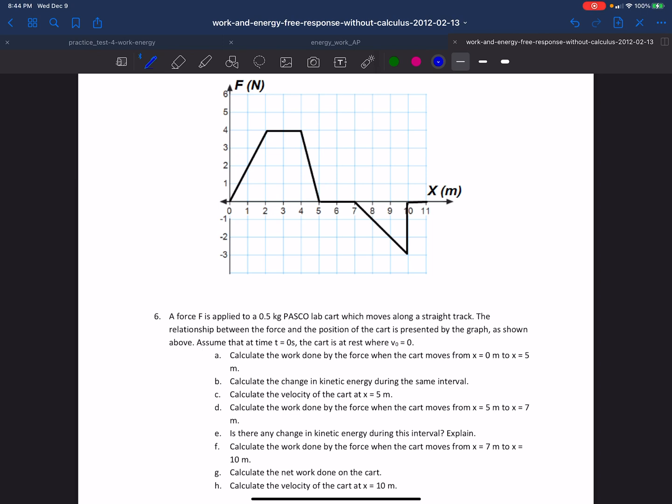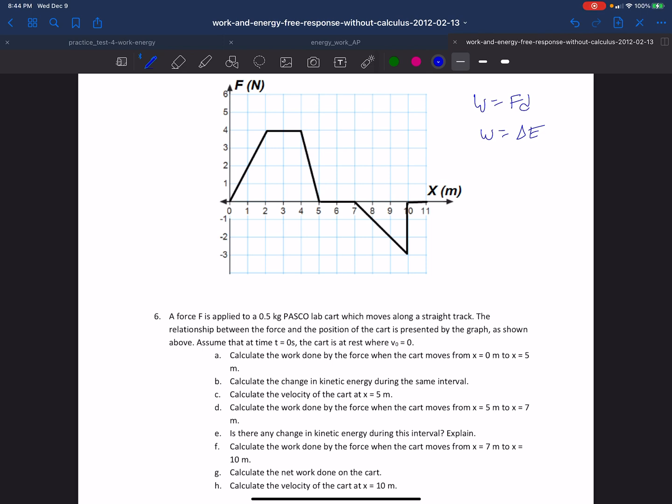So the first thing is, how do we deal with force displacement graphs in order to figure out the work? So I'm just going to start with this idea that work is equal to FD. And also work is the change in energy of a system. It could be the change in potential, it could be the change in kinetic, but it's a change in energy. So